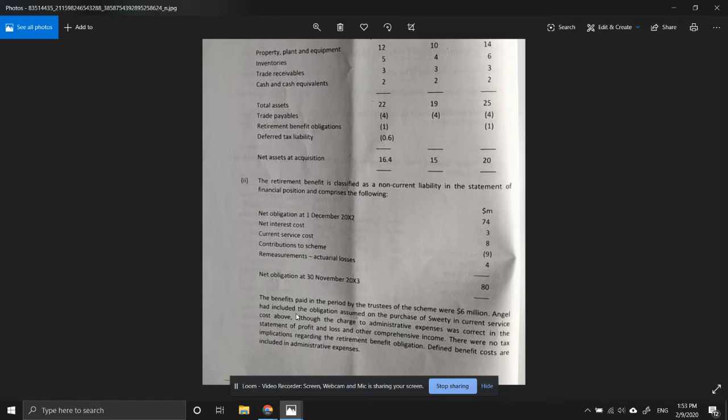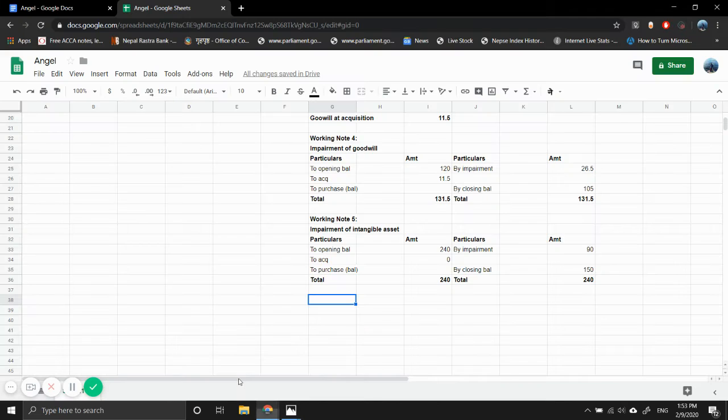Angel had included the obligation assumed on the purchase of Sweetie, so that 6 million won't have any effect over here. So that included the obligation on the purchase of Sweetie in current cost, although the charge to administrative expense was correct in SOPL and other comprehensive income, there were no tax implications regarding the